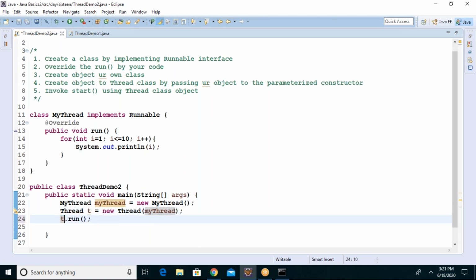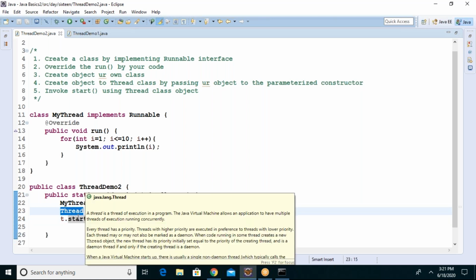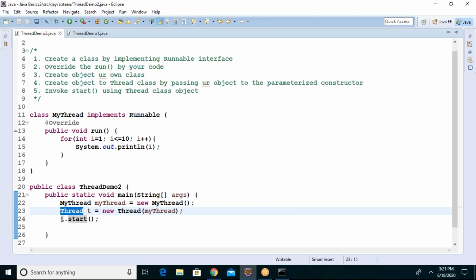So now if I say t.start, because t contains the start method also, because it's a part of the Thread class, not the Runnable interface. Now if I say t.start, t invokes whose run method now? My thread's run method, indirectly. Yes, that is what is happening.